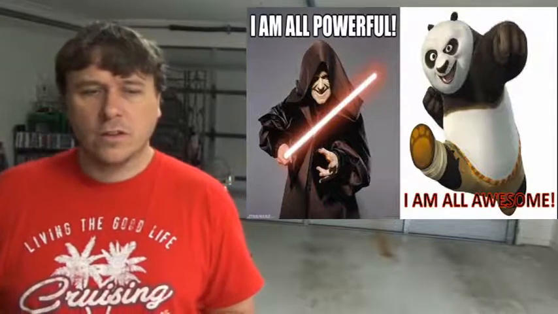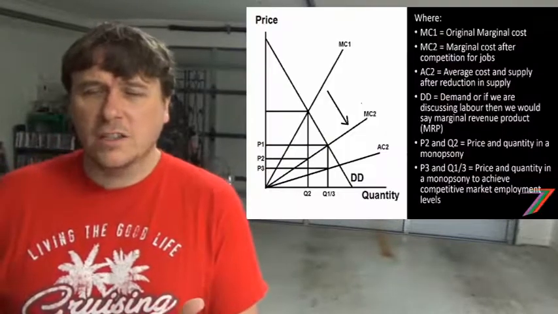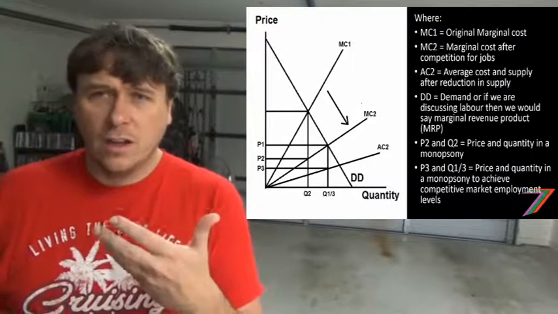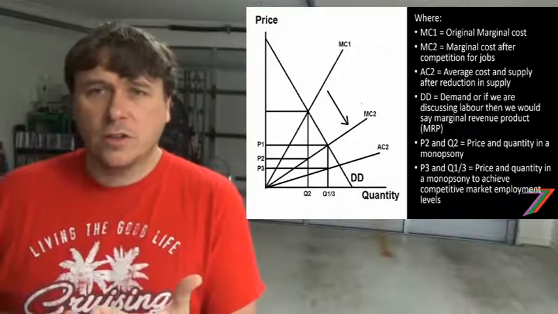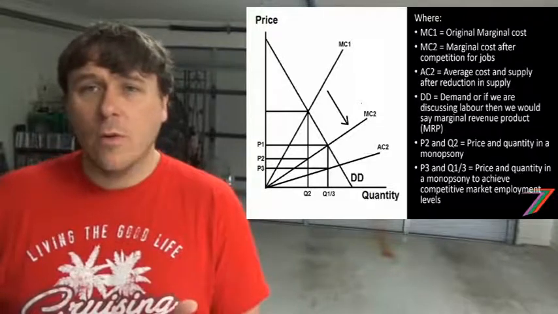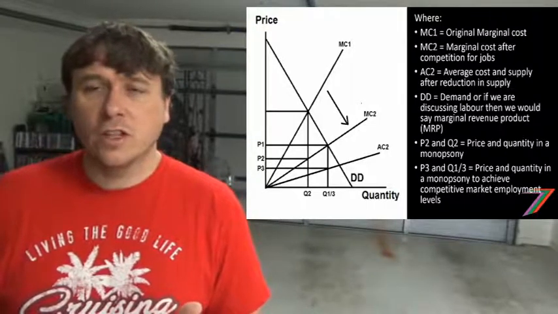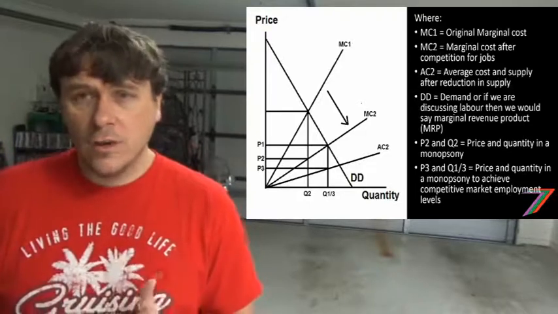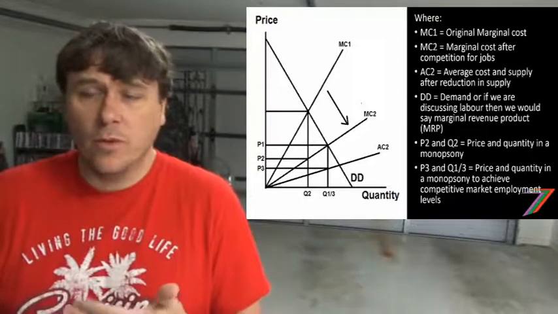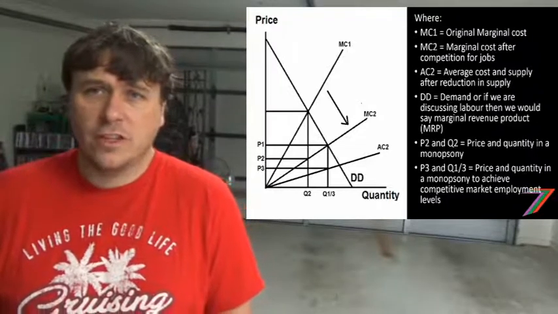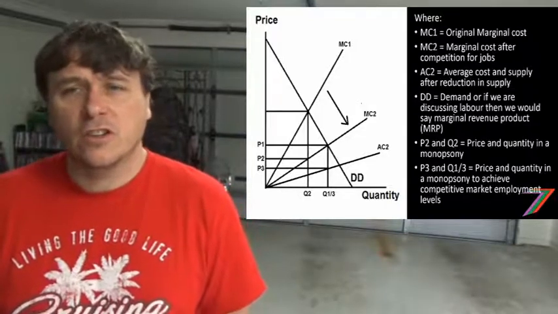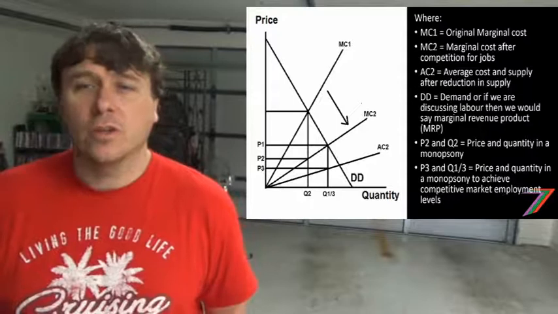All right, so what am I on to now? This emphasizes what else can happen. Generally you'd have a situation where people are trying to get a job and you have an employer. So what happens if there's very, very high unemployment? People will be willing to accept a lower wage, and that effectively lowers your marginal cost. If you lower your marginal cost, that will lower wages, but that may actually increase the number of people working for that company. So you'll be lowering unemployment, but further lowering wages. And that depends on the country and how bad the unemployment situation is.